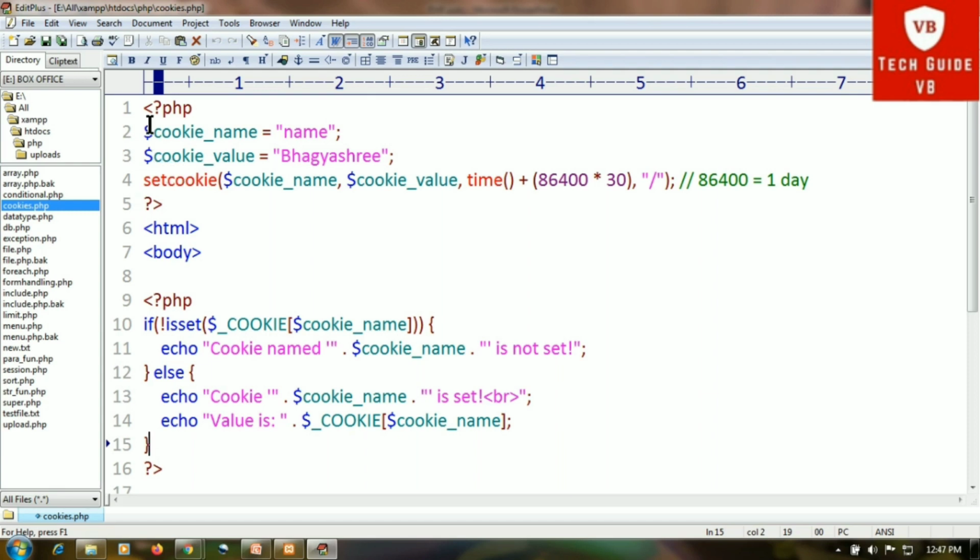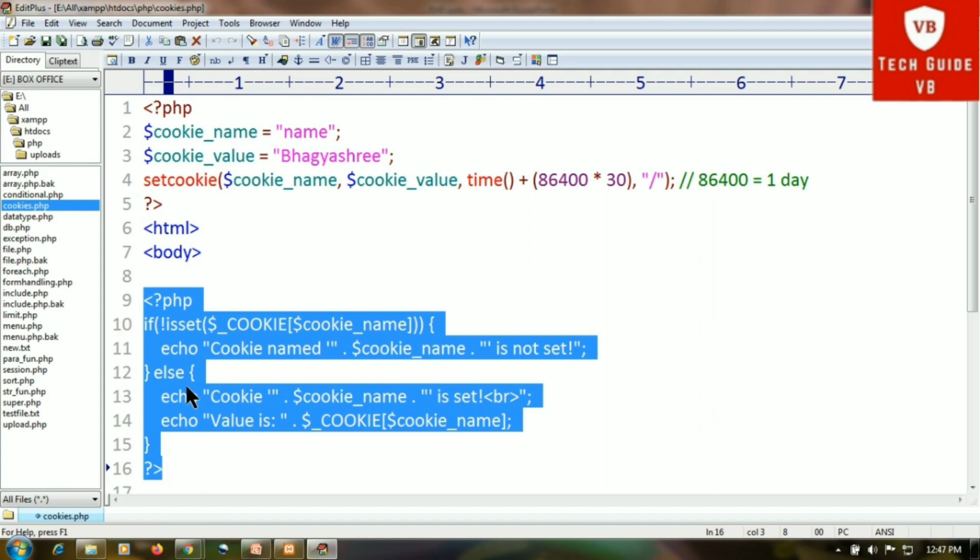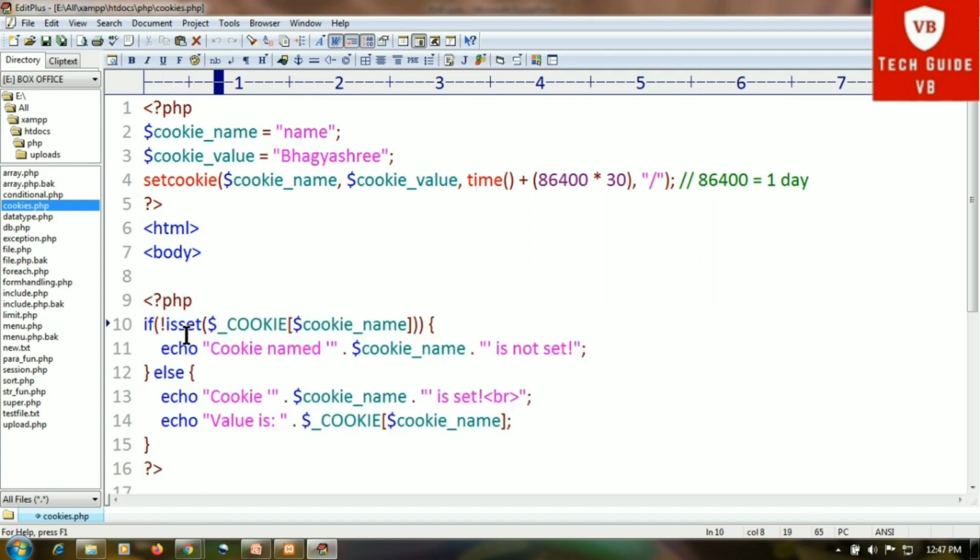This is a note for you in the cookie program. The second code, below, is regarding modifying a cookie value. To modify a cookie, just set the cookie again using the setcookie function. So here we can modify the cookie value.